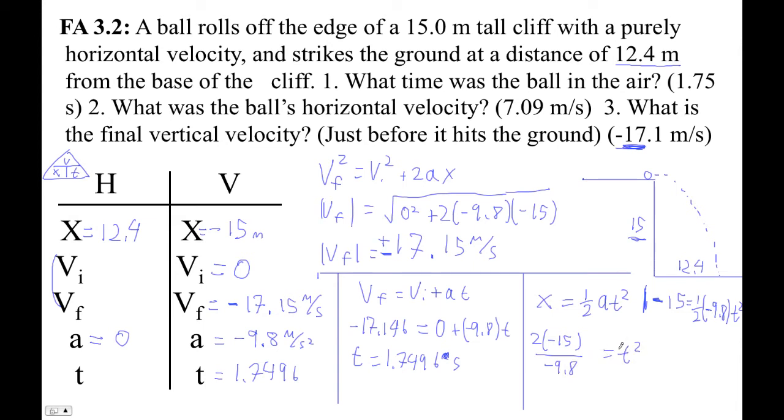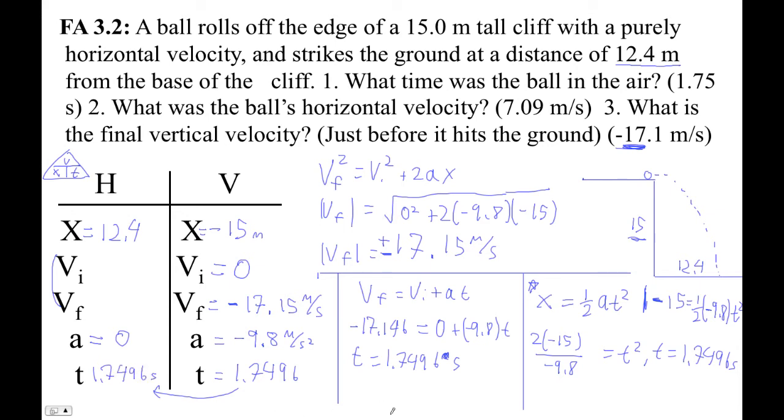And that's going to be t squared. So let me do that. 2 times negative 15 divided by negative 9.8. And that's 3.06. And I'm going to square root that. So I'm going to go second square root, second answer. And I get 1.7496, right? So it doesn't matter which way you do it. This way is morally pure because I didn't use my final velocity, which could have been wrong, but I should have more confidence in that, right? So now I put the t over there,